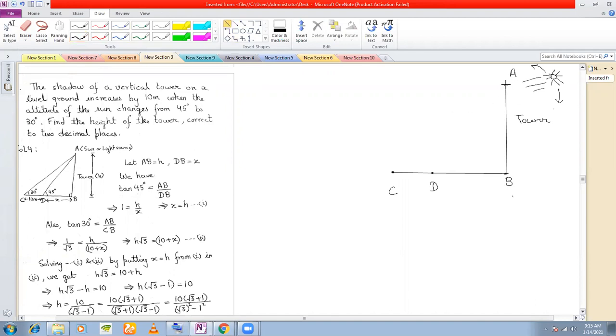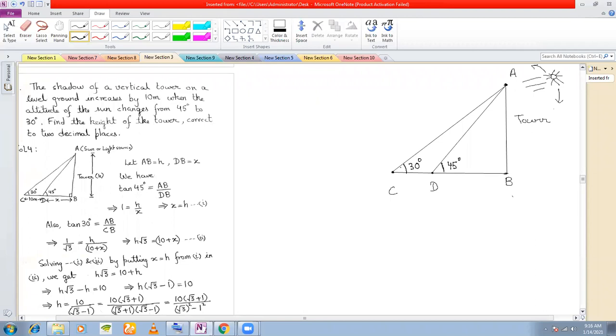So now what happens? That means this was our initial length of the shadow, and this is where the final shadow falls at the top of the tower. Okay. So the angle of the sun changes from 45 degrees to 30 degrees. So if the angle of the sun changes from 45 degrees to 30 degrees, that means this angle must be the higher angle, 45 degrees, and this must be our lower angle,